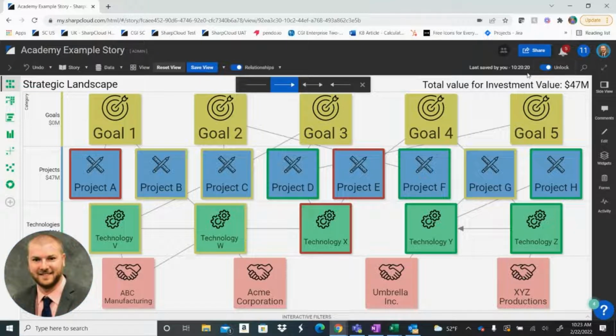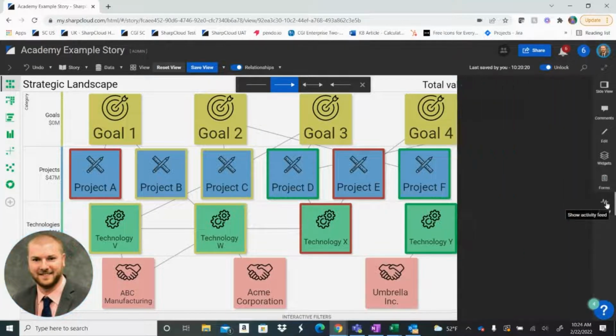Continuing on, we can see when our changes are last saved here. If I wanted to search the context of the story, I certainly could. We have an unlock toggle here, which is going to allow us to move the items between swim lanes or not. On the right-hand side here, what we can see kind of just starting at the bottom is potentially an